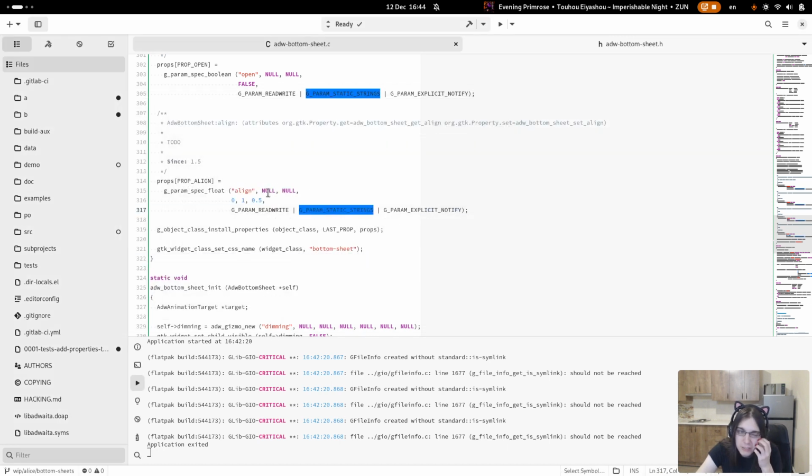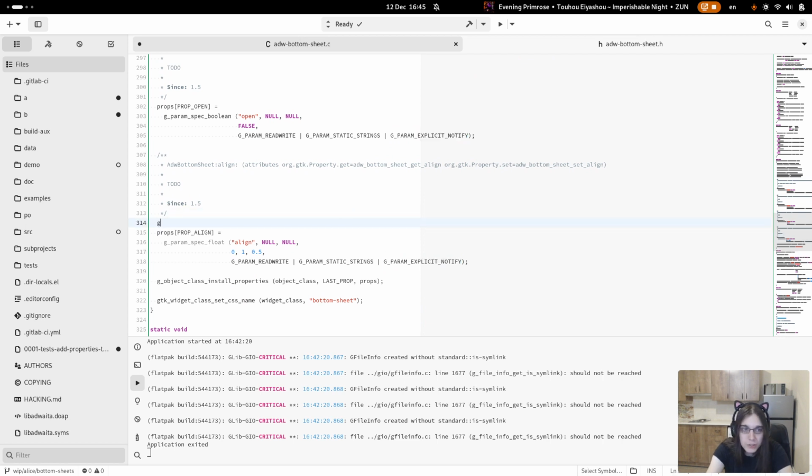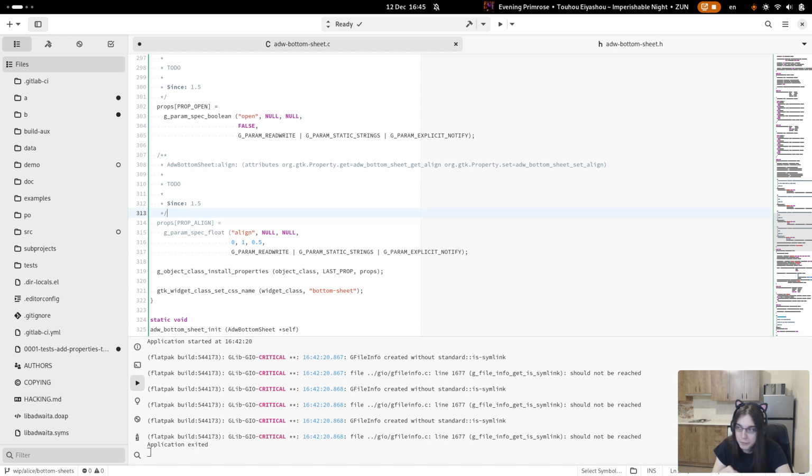Static strings, it doesn't really matter here because they're null anyway, but basically means don't copy those strings. And explicit notify means by default when you do something like g object set sheet align 0 null, for example, it will automatically notify the property.